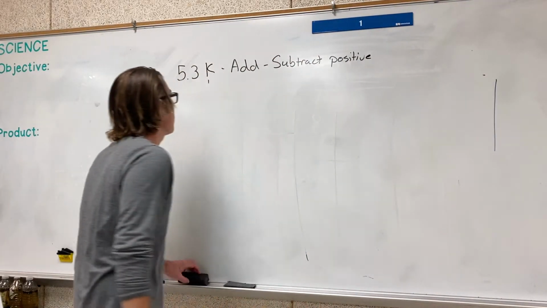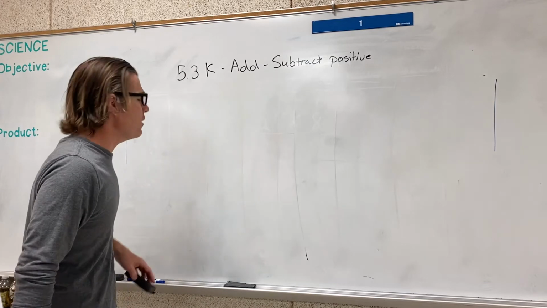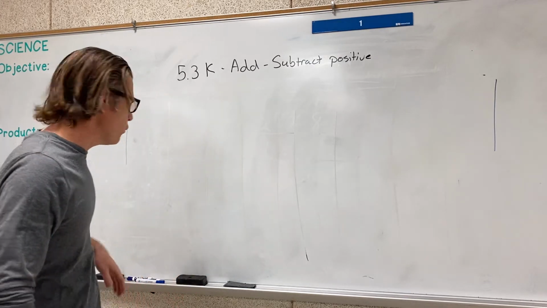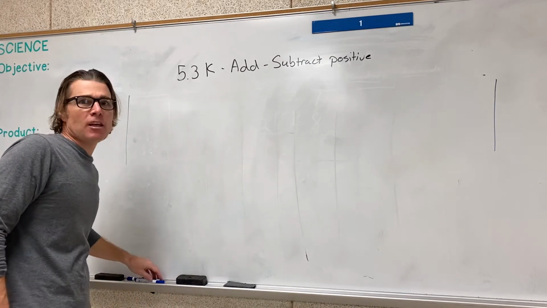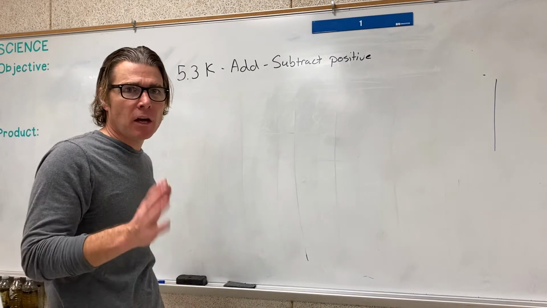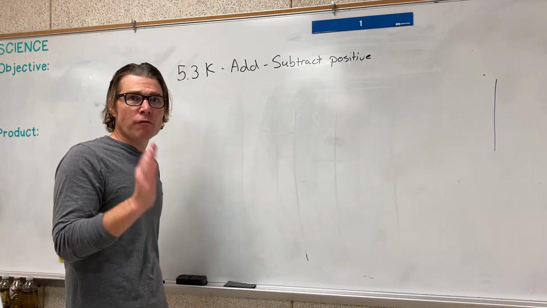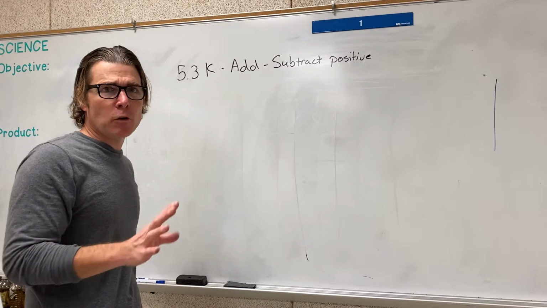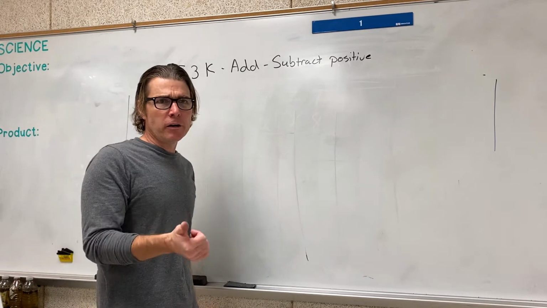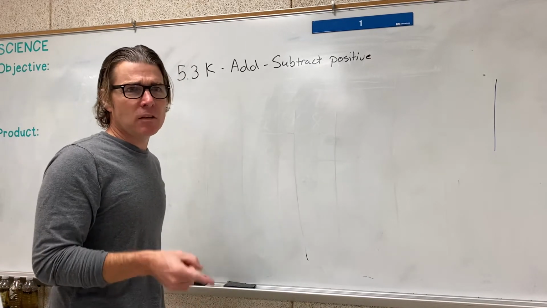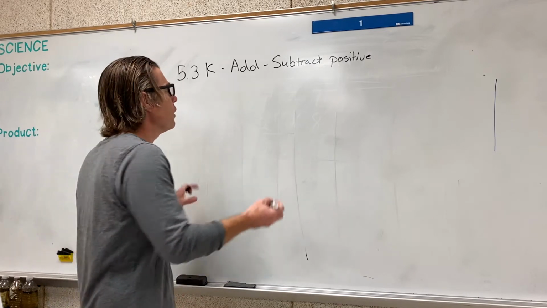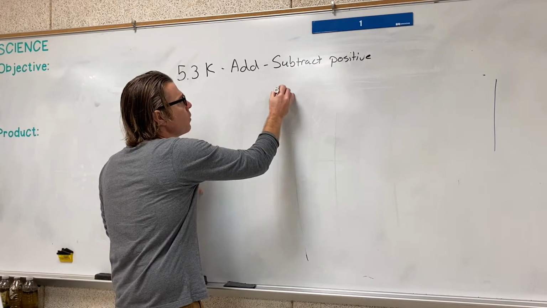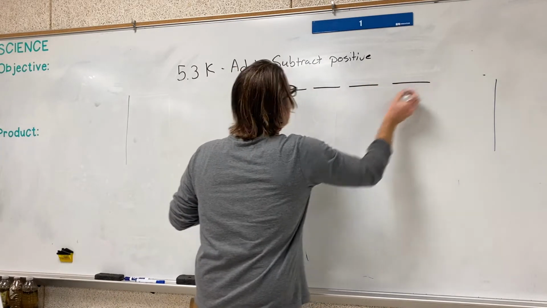Okay, guys, we're talking about 5.3K, add and subtract positive numbers. These include just whole numbers. These also include decimals. I'm going to show you exactly how to do this to be 100% successful. You do it my way, you find 100% success. If you don't do it my way, then you find errors, dumb mistakes, and not success. So if you enjoy not being successful, continue to do it